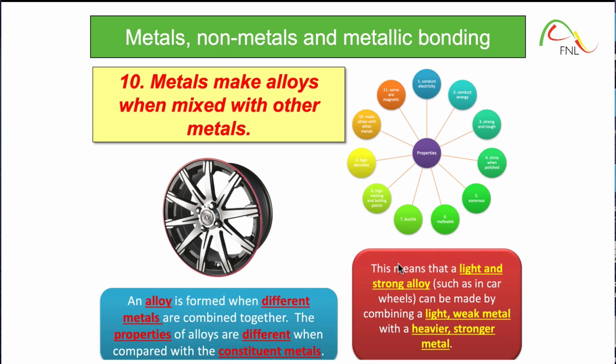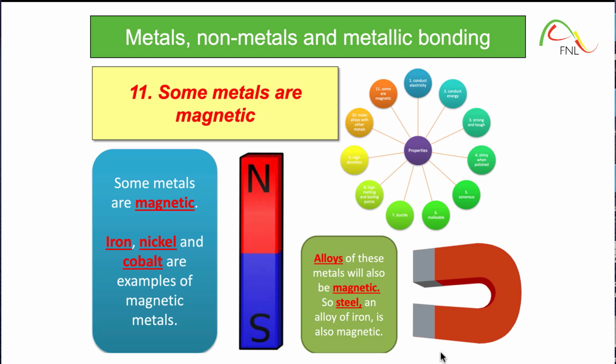So this means that a light and strong alloy, such as car wheels, can be made by combining a light, weak metal, which may be very shiny, with a heavier, stronger metal that gives it the strength. Best of both worlds, alloys are good things. And the last